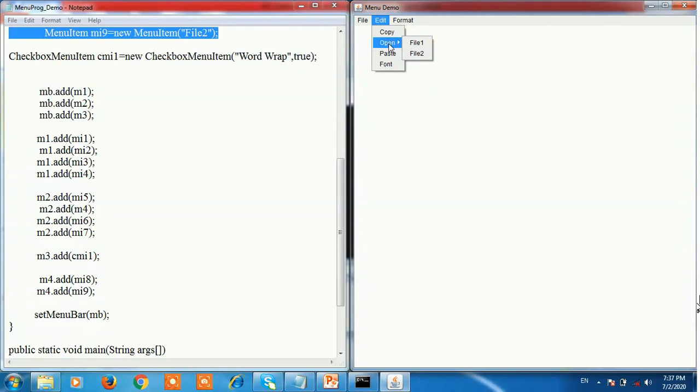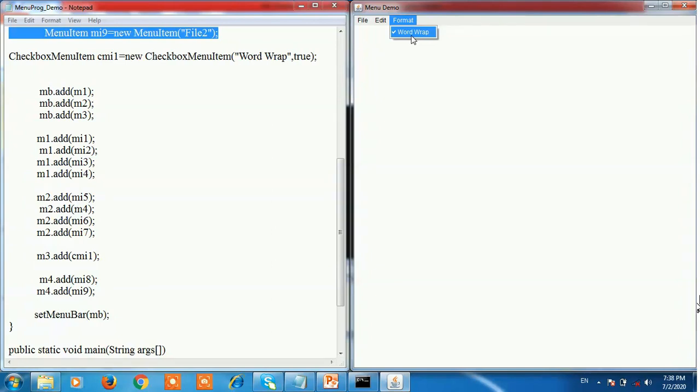Means Edit is a menu, in that Open is also a menu, and in Open there are two menu items. So Edit is a menu, also Open is a menu. This is called nesting of menu. And Format, Word Wrap is nothing but the checkbox menu item.